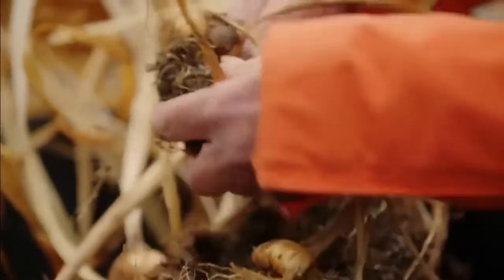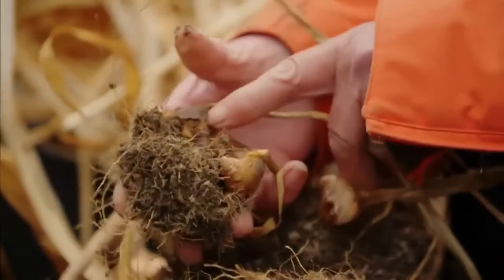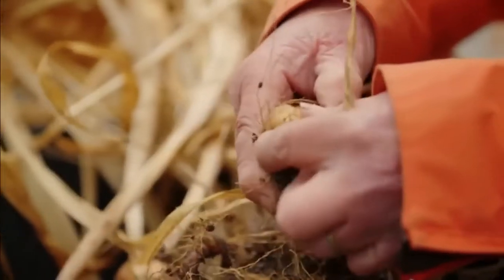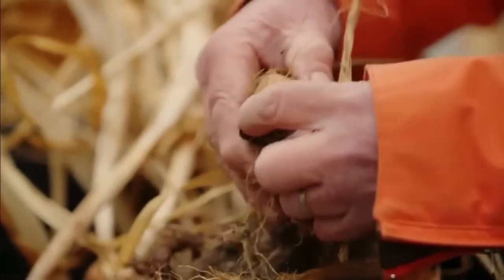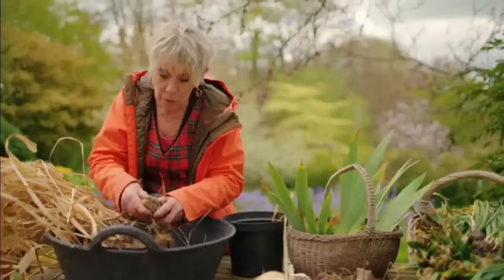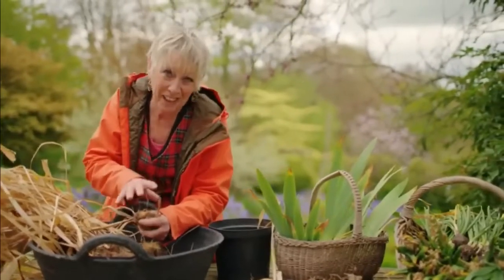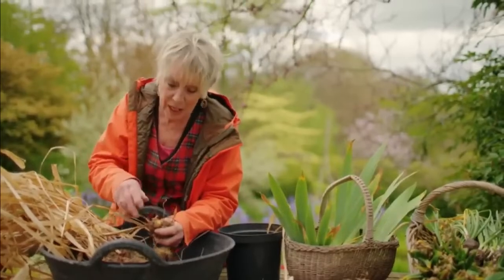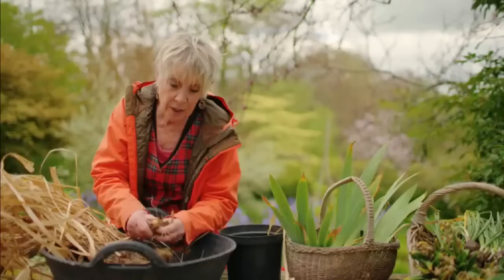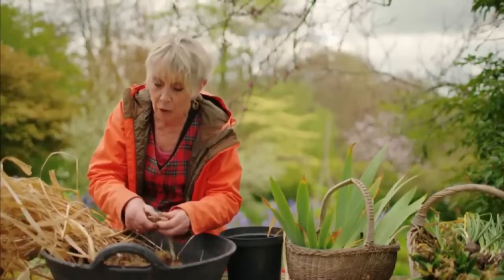Look what's underneath the corms. This was probably the old corm, and here are some new ones growing on the side of it. And those will all, when they're replanted in some fresh compost, make new plants. But I shan't plant them one at a time. I'll put loads and loads of them back into these pots, discard anything which is old and rotten and not